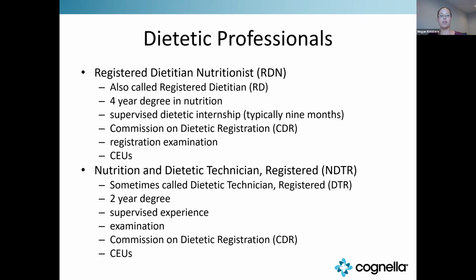We also have the nutrition and dietetic technician registered, the DTR or the NDTR. This requires a 2-year specific degree. It does also involve an internship or a supervised experience. There is also an examination. You must maintain your credential with CDR, and it also requires CEUs. So those are the two that occur most often and are also closely connected to the Academy of Nutrition and Dietetics, which is the largest